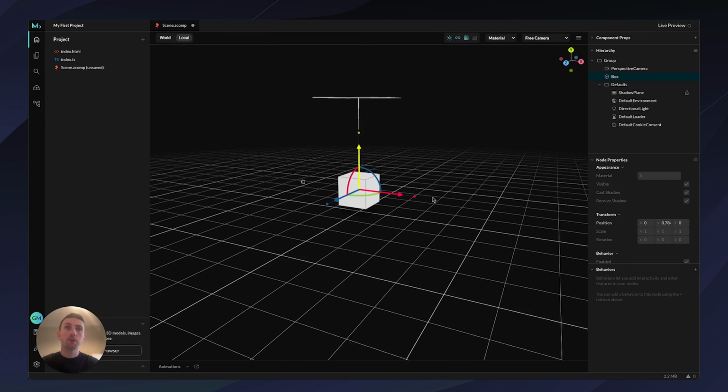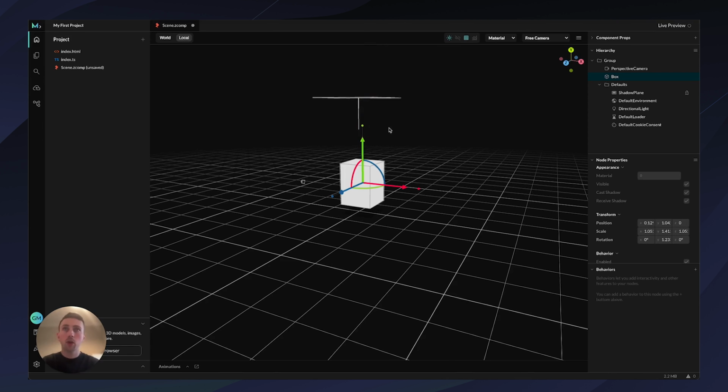We can also change properties like the position, scale and rotation of our component using this little pivot tool. So if I wanted to move it up and down, I can do that. Left and right. If I wanted to rotate it, I can use the little green one or the blue one or the red one. And I can also scale my component using the little dots. There is a specific scale kind of tool up here. So if we scale with this turned on, it will scale in all axis. If we turn this off, it will scale in one, which is quite a nice and important feature.